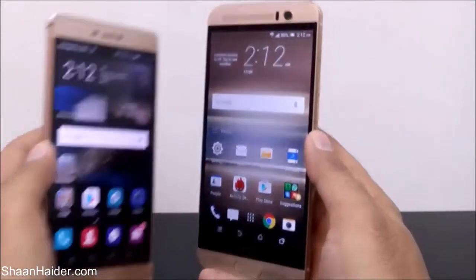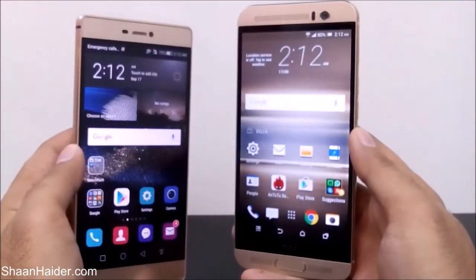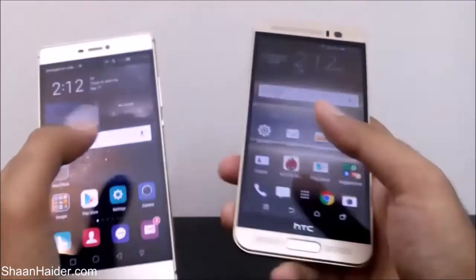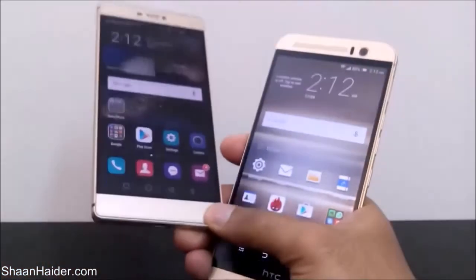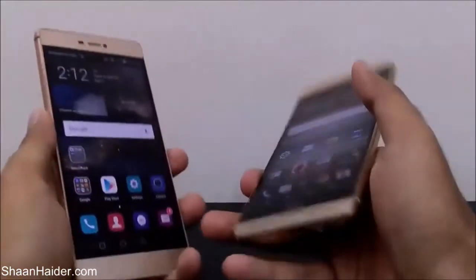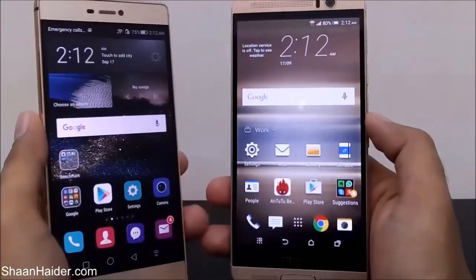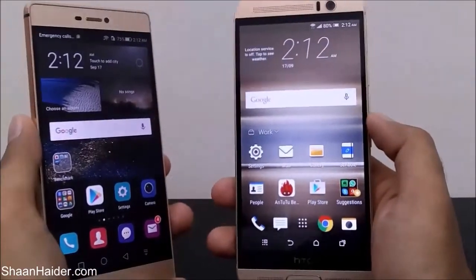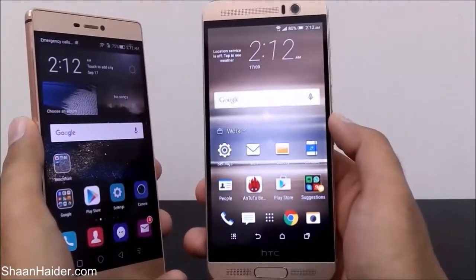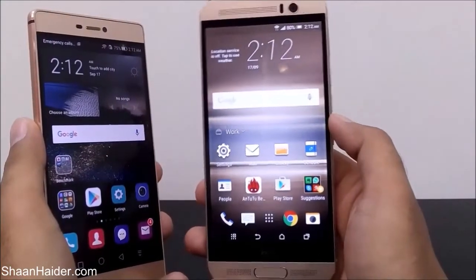So if you're looking for a phone with dual SIM capability, you should go with Huawei P8 smartphone. And if you like to listen to music or play games a lot on your smartphone, if you like to watch videos and all, like any type of entertainment stuff,